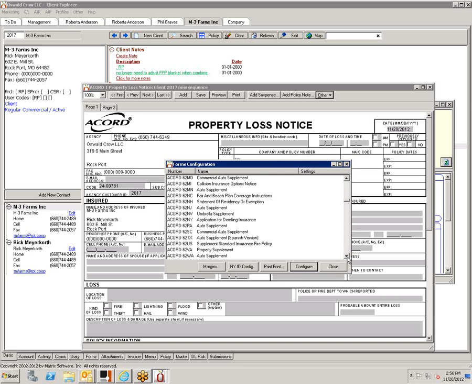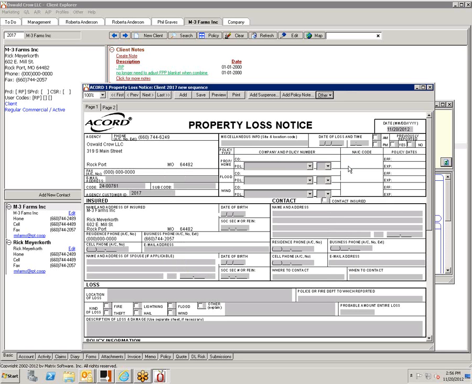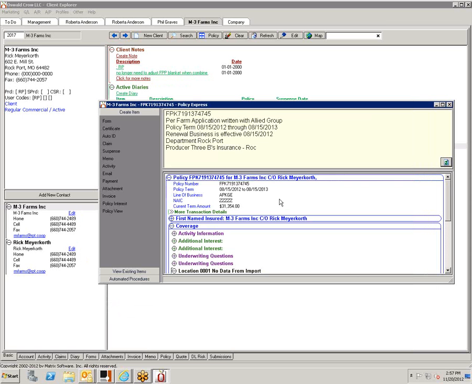As you can see, it's got lots of other states, and you would just hide those. Okay. So it's a once and done kind of thing. So that's something that you will want to do post-live. Okay. Then when you X out of here, you just say no because you don't need that loss notice attached to the policy. Oh, okay.